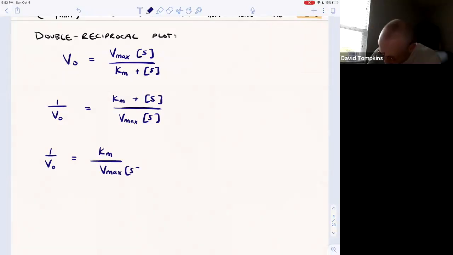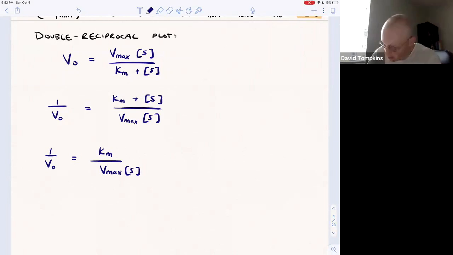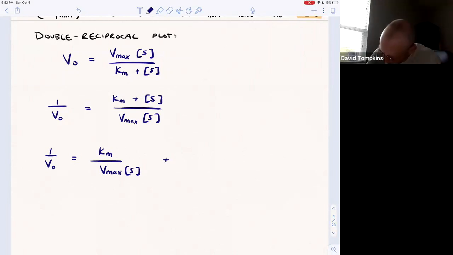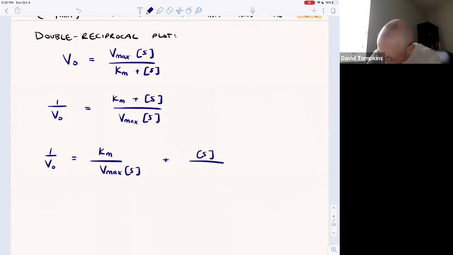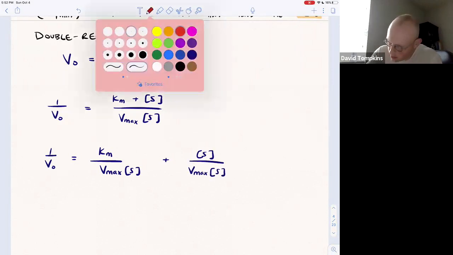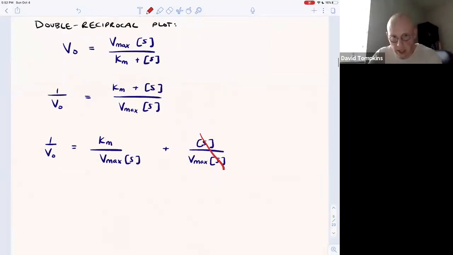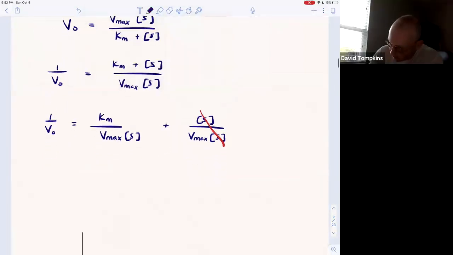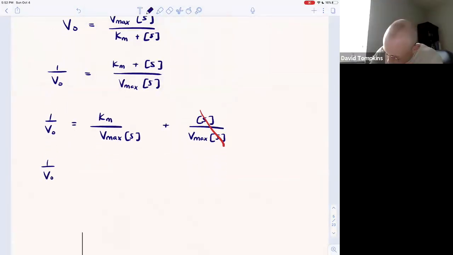times substrate plus substrate over Vmax times substrate. Now notice that this is going to simplify, right? Substrate cancels out there. I can further expand this and say 1 over V naught, 1 over the initial rate, is Km over Vmax out front times 1 over substrate